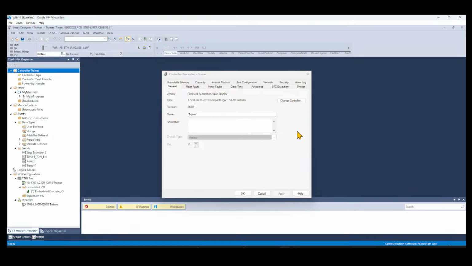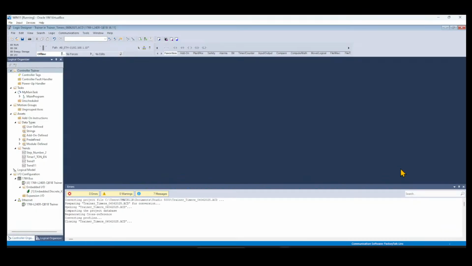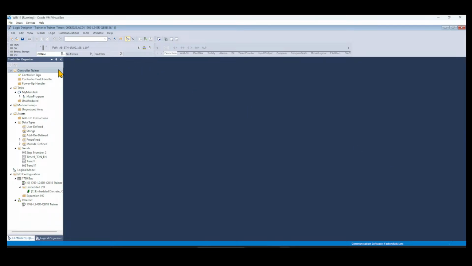I'll give it some time. Somehow my laptop is not responding. Yeah, it took some time. So it's converting the project to 36. That's what took the time, but finally it's doing its thing. Now the file is already converted to 36, and now we try to download